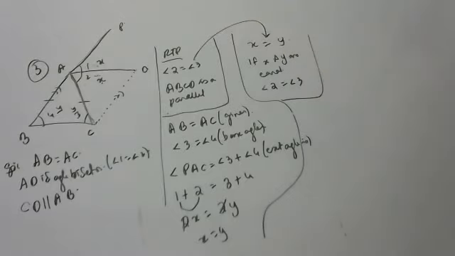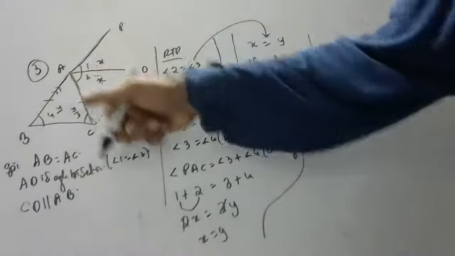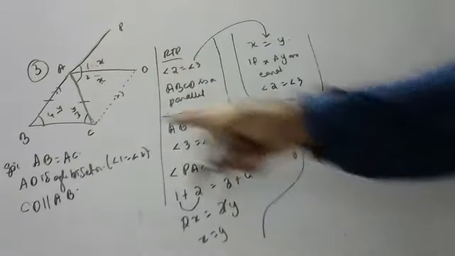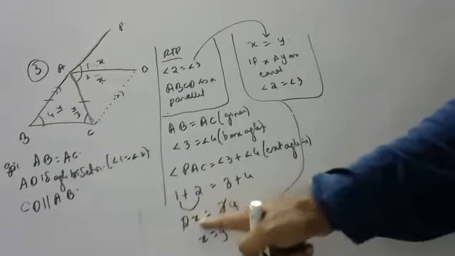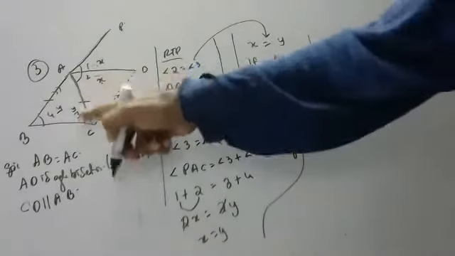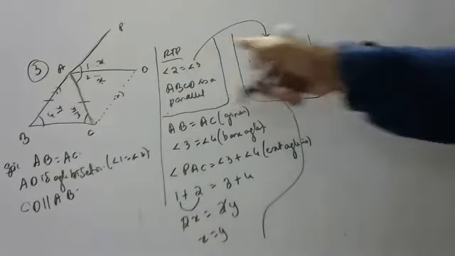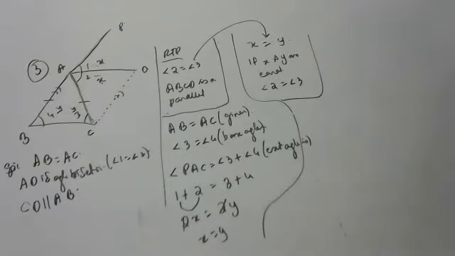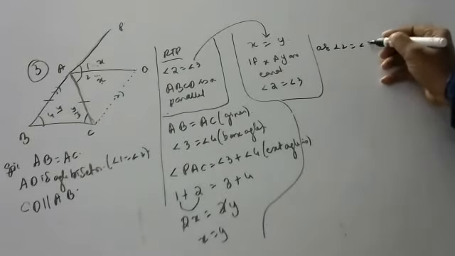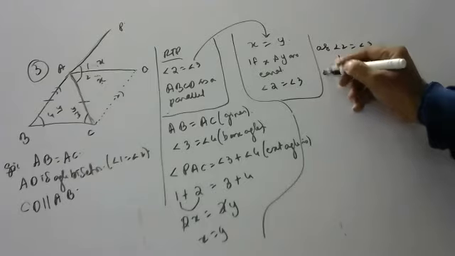First proof is over. Try to understand that. Just see here, children. In this triangle, this angle is equal to this plus this. So PAC is 1 plus 2 is equal to 3 plus 4. These both are equal to x, these both are equal to y. So x is equal to y means 2 is equal to 3. First proof is over.